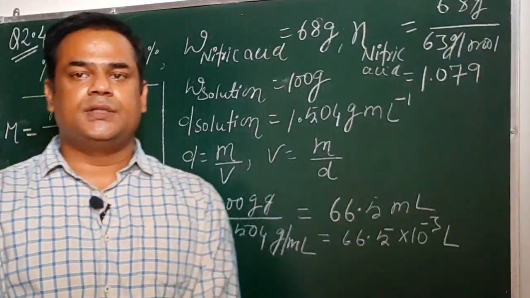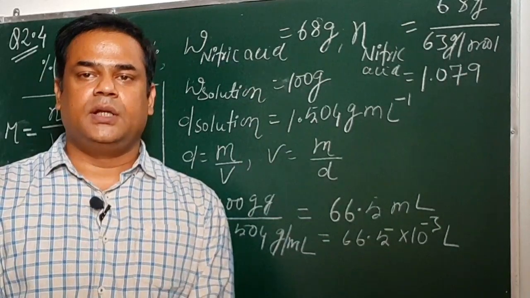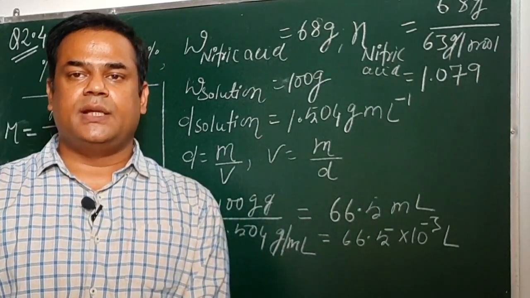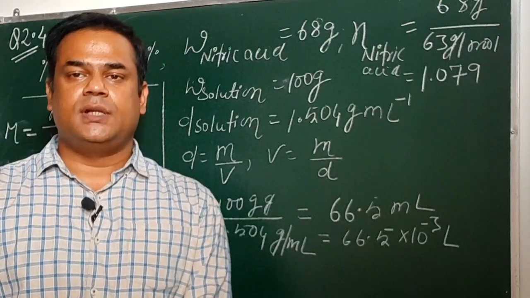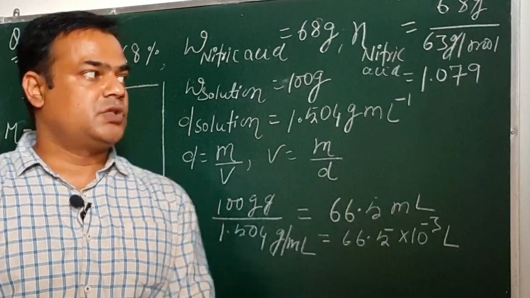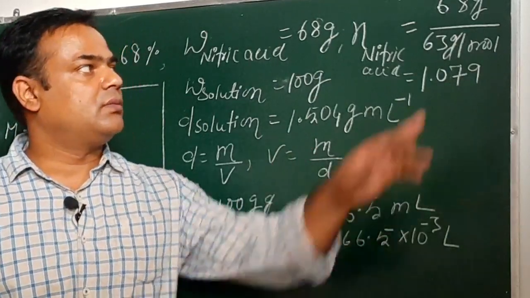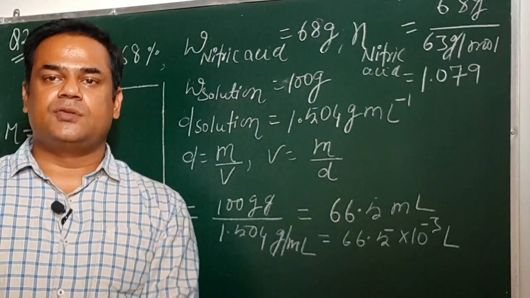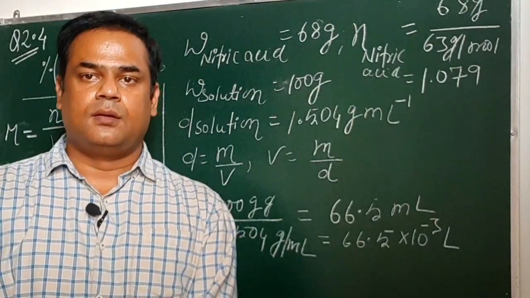So in solution lecture 5, we have cleared all the concepts and topics. Now we are going to solve the exercise in this solution lecture 6. The first numerical of the exercise is question number 2.4 of the textbook, and here I will give you a systematic solution of this numerical.